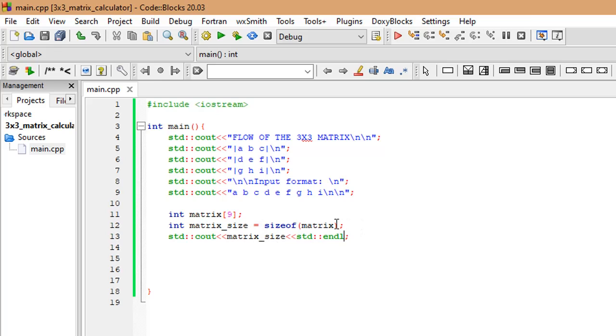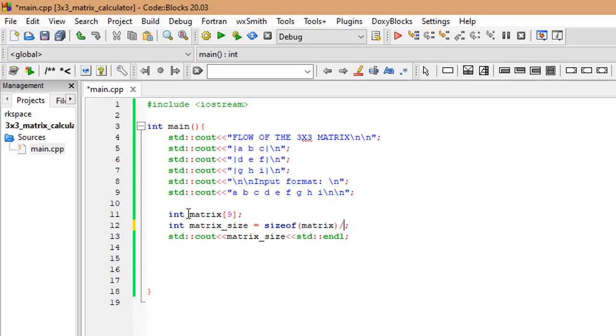In the case that we want to get the size, meaning 9, not the 36, we will have to divide this by the size of 1 integer. So 36 is the total storage, and then we divide by 1 element,